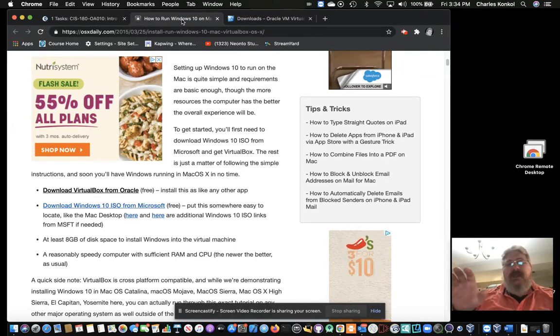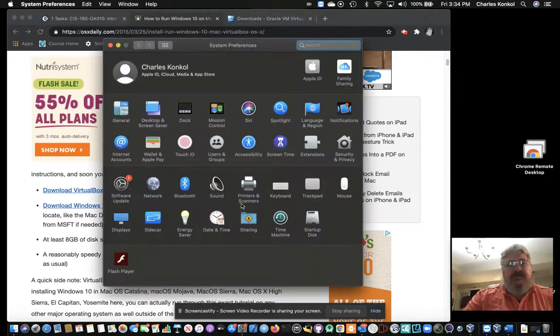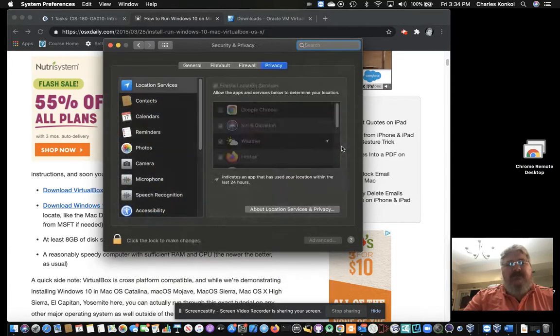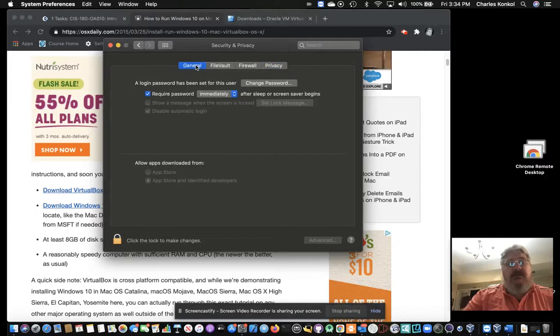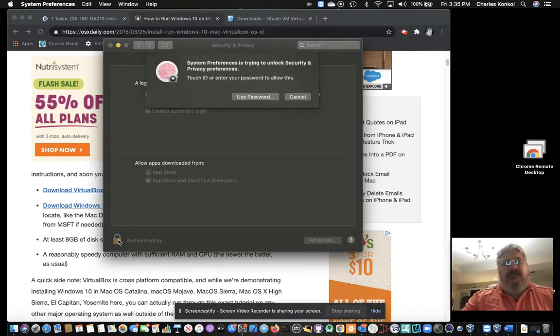you'll get prompted on your Mac during the install to allow the app to install through the security panel in settings. But just follow the steps and you'll be fine. The software itself will tell you to do that, but I'll show you on my Mac here where it'll send you to. On the security and privacy setting, it's going to send you to the general page to allow an app to come through. And you'll basically have to click on, if you have your Mac locked down for password,